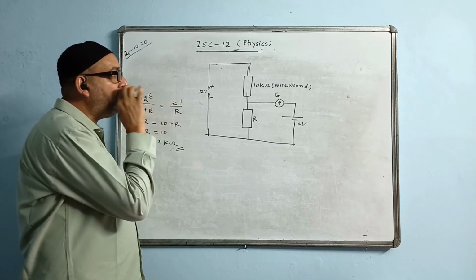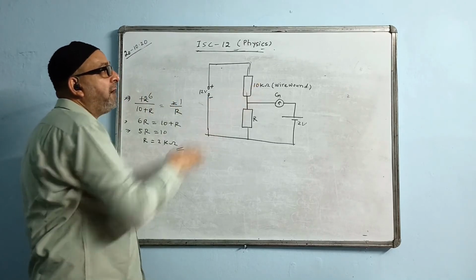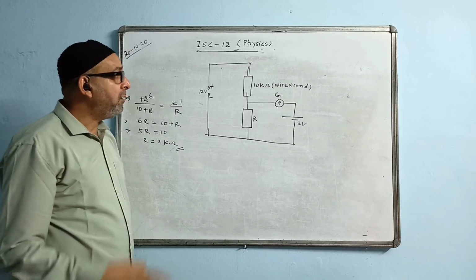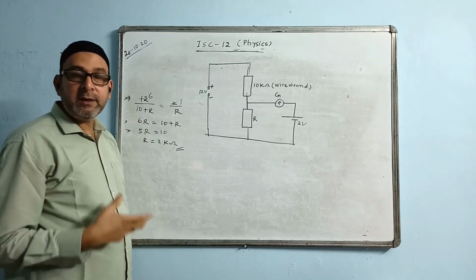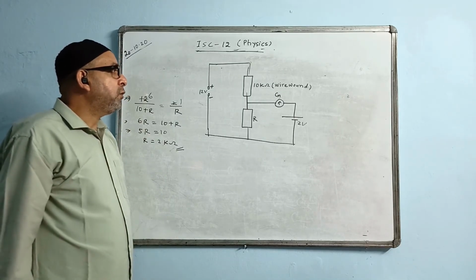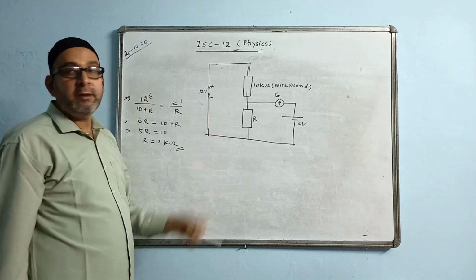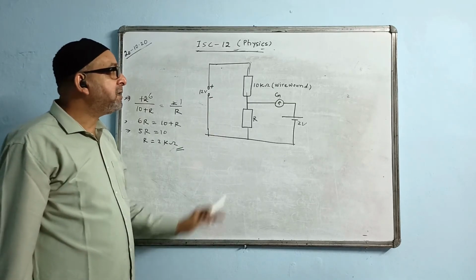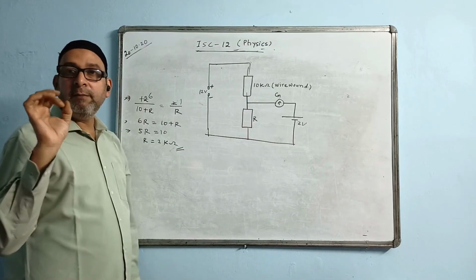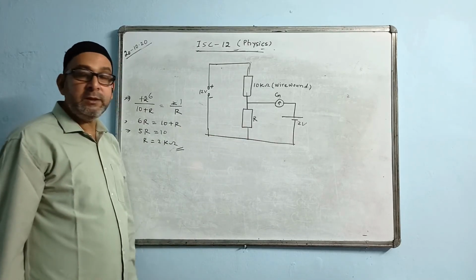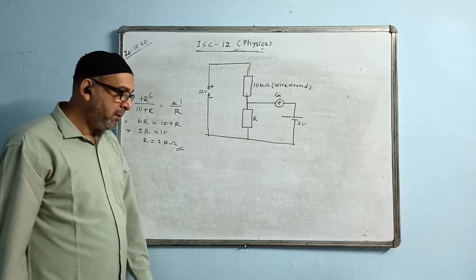That we will write. Due to blow of cool air, the resistance of the wire wound coil will change. We write that the resistance will change, so as the current, and hence the galvanometer will give some deflection. The deflection will not be zero in that case. That answer will be right.